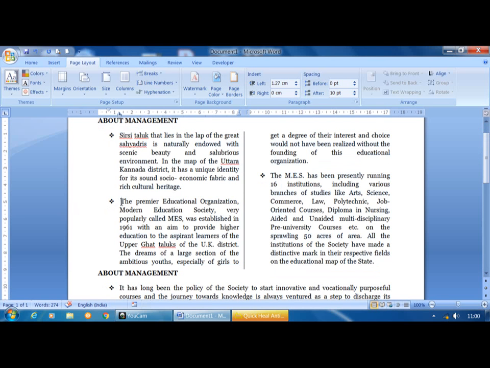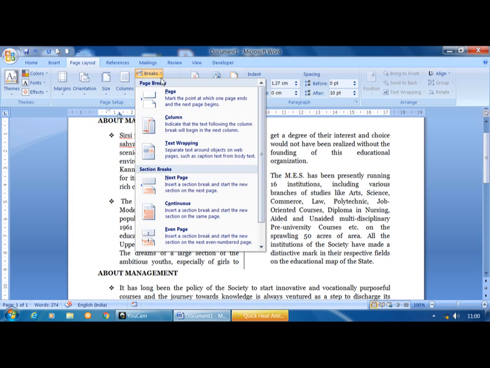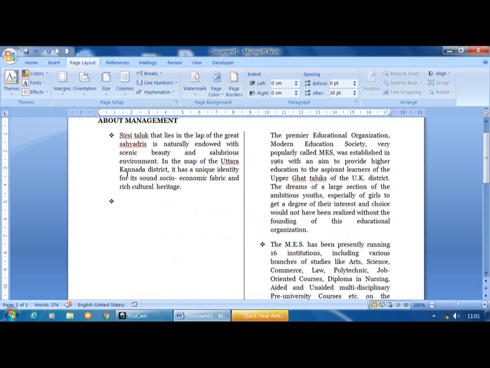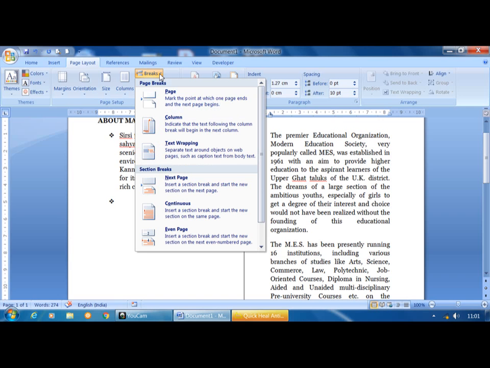So place the cursor at the beginning of this paragraph, then breaks option, then click on column. Here it moves the text to the next column, not to the next page. In the same way, different options are there which we can learn in the coming classes. Text wrapping, next page, continuous, even page and odd page are there. Normally we apply the page break and column break options.